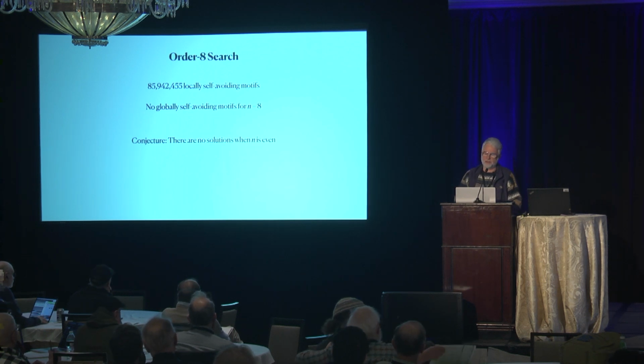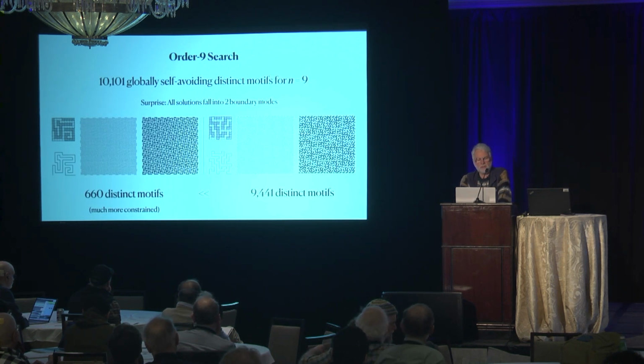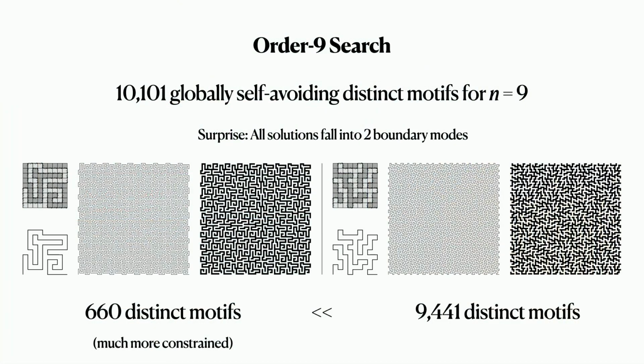So obviously there's something going on when n is even, or rather something not going on when n is even. I searched order 9, and there were 10,101 globally self-avoiding distinct motifs. And amazingly enough, they fell into two boundary classes, and they looked wildly different, and one class was a lot less than the other. So first I thought there was a bug in my software, or there's a phase change